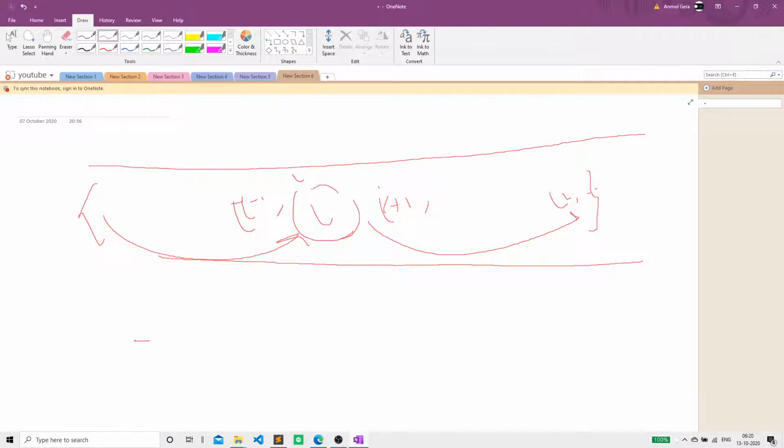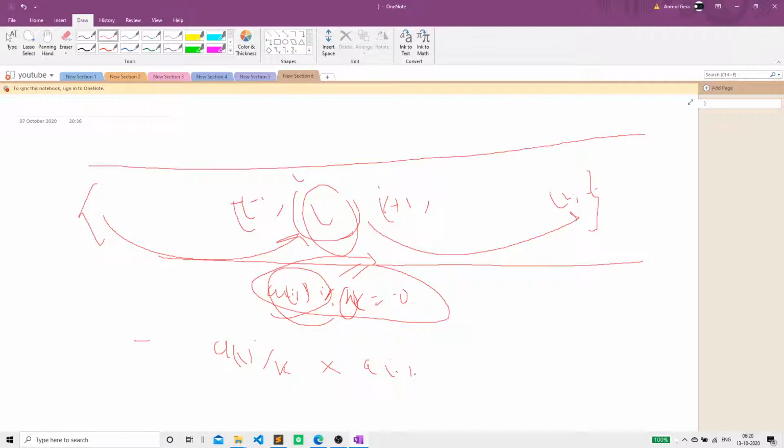Now if a[i] percentage k equals 0, meaning if a[i] is divisible by k, what I'll do is multiply the count of a[i] times k, which would be in reverse MP, with the count of a[i] divided by k, which would be in my normal map, MP. That would give me the answer.